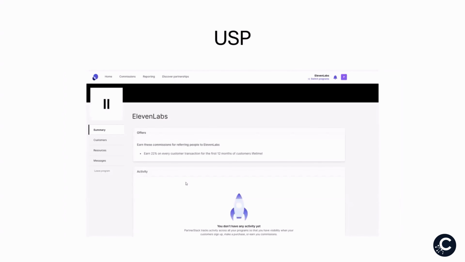And it's going to take place inside of something called Partner Stack. But again, it's not difficult to get approved, so you don't have to worry about those things. If you are a user of 11 Labs, then I think they will approve you right away. And you'll need to check that out though. And again, depending on when you're hearing this, that might be different. You probably want to investigate this.